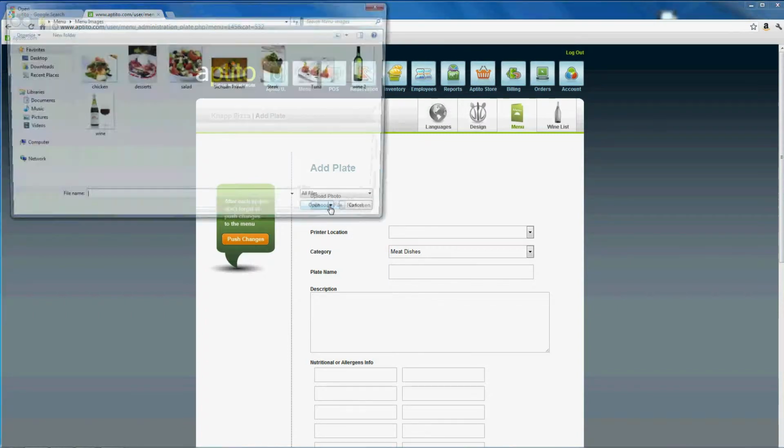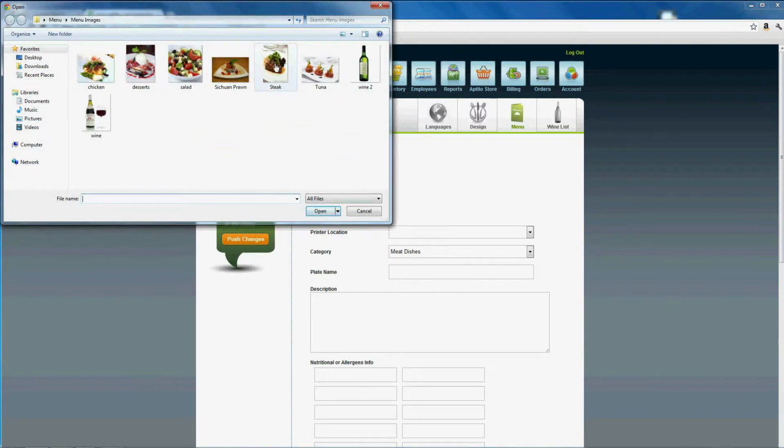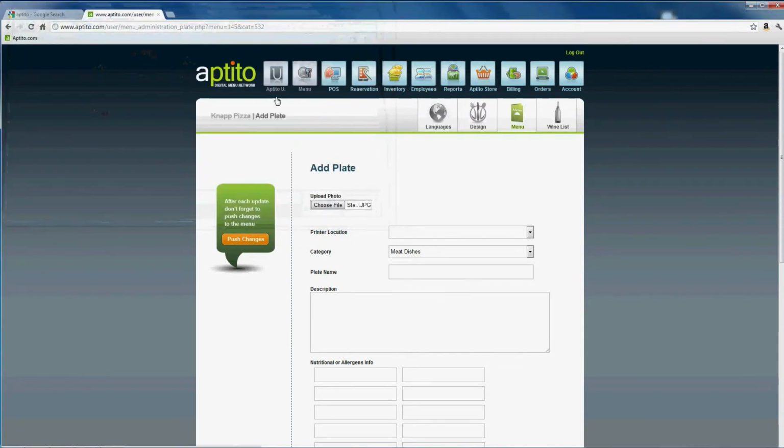Click on the Choose file and select the photo of choice and open. Once you save the information on this screen, your photo will be automatically loaded. Next, we'll add information on our dish. Firstly, we click on the drop-down menu for printers and select the printer we'll be using from our menu, for